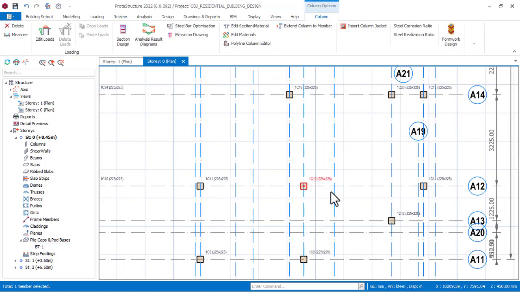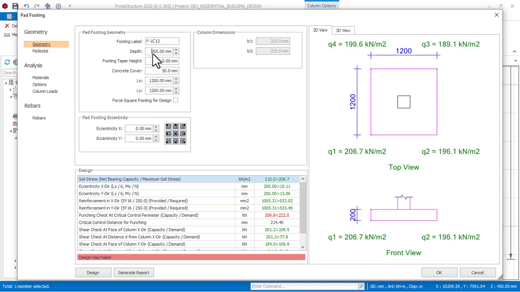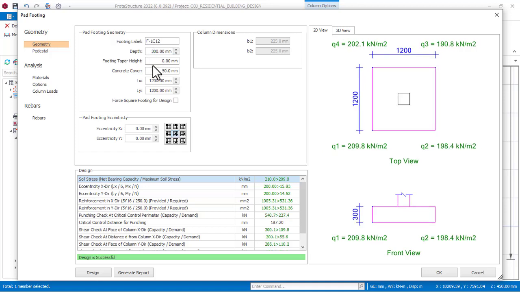Okay, design for this again here, and wait for it to show the dialog box. Okay, so once that dialog box comes up, we go again and put our pad depth 300. Then come here and click on square footing, and come again and confirm that everything is okay